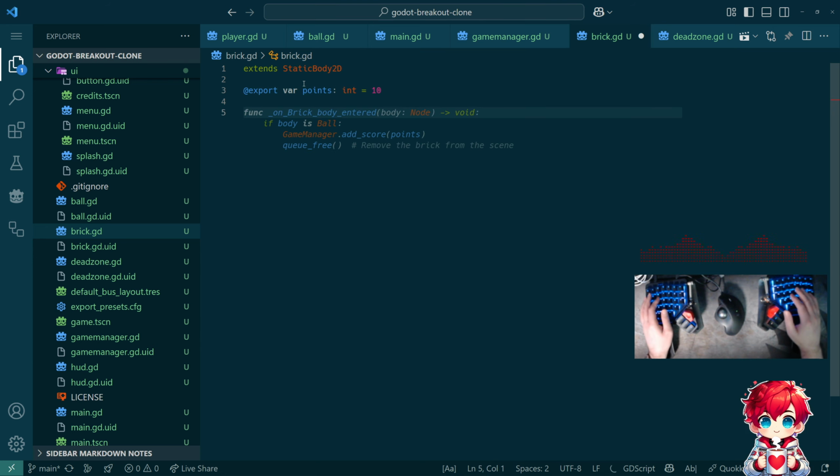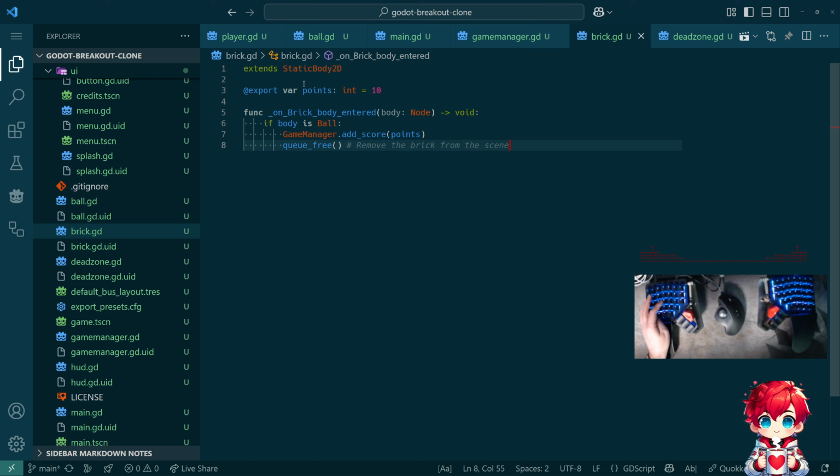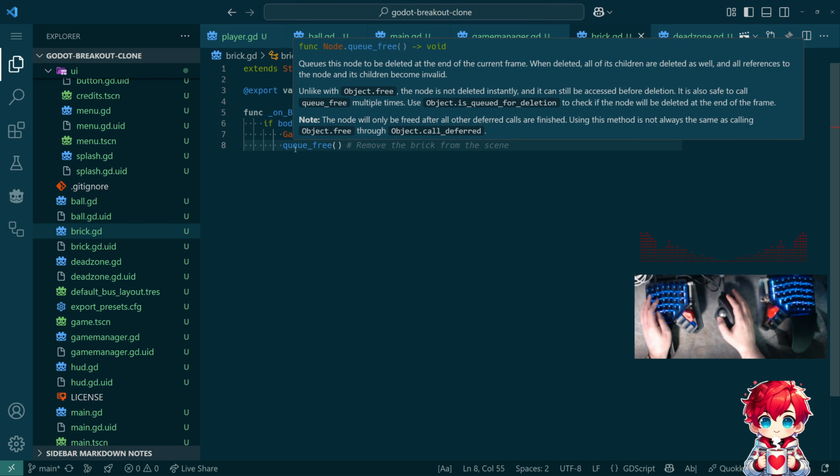Let's make it 10 points. And then on brick body entered, if body is a ball, yeah, there you go. Copilot's got it for us. So queue free,